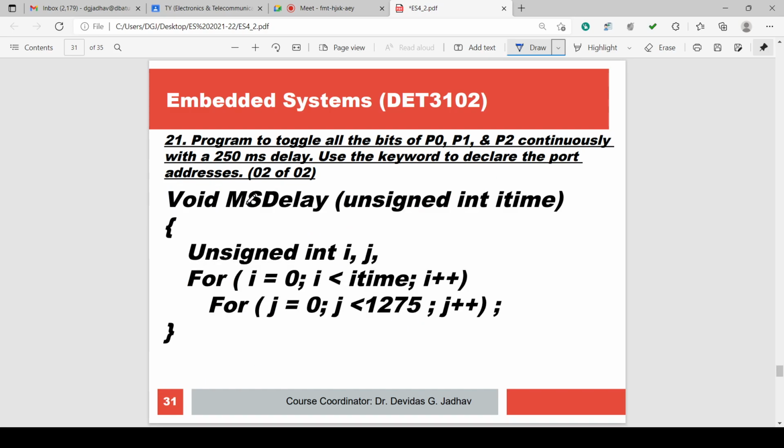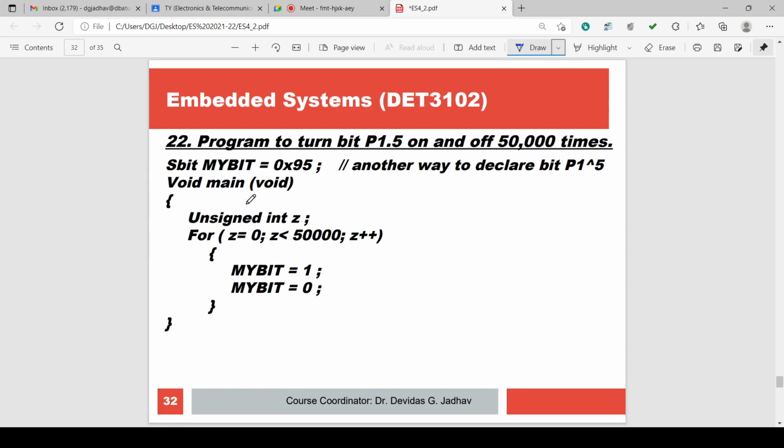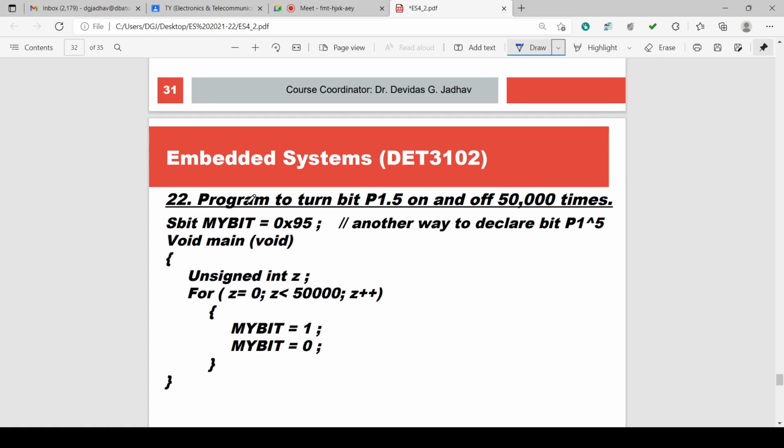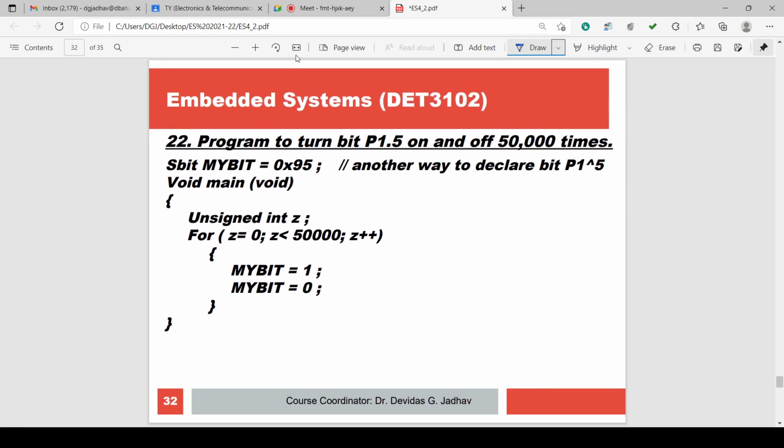And this is the program for the delay, MS delay. Many times we have discussed. Sbit mybit equal to 0x95. Void main, void, unsigned integer z. Directly you can declare sbit mybit 0x95, directly you can declare the address.